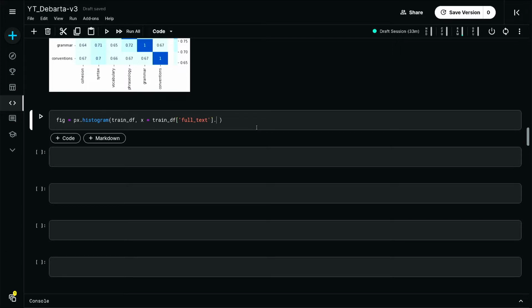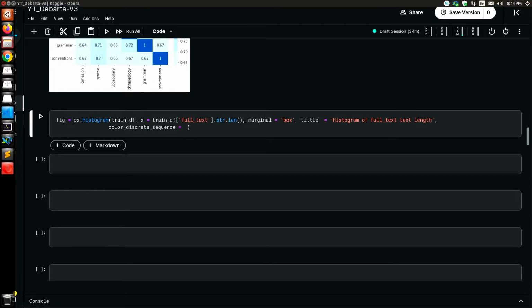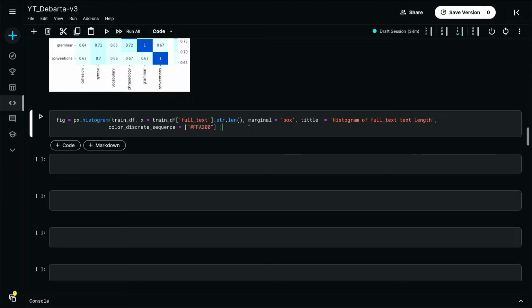Color discrete sequence. I need a particular color code, hex code. That's this.